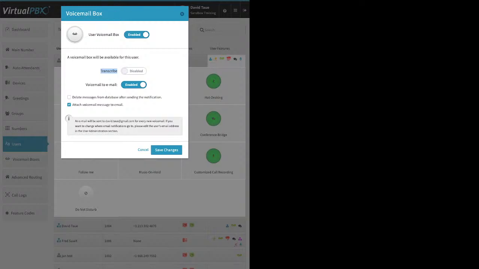So if your staff members are good about clearing out their voicemails, you don't have to worry about it. If for some reason they're not, then you can click on this option here, which will delete the messages from the database after that notification is sent out. So voicemail comes in, the system adds it to an email, sends it out with the attachment, and deletes the voicemail from the voicemail box, excuse